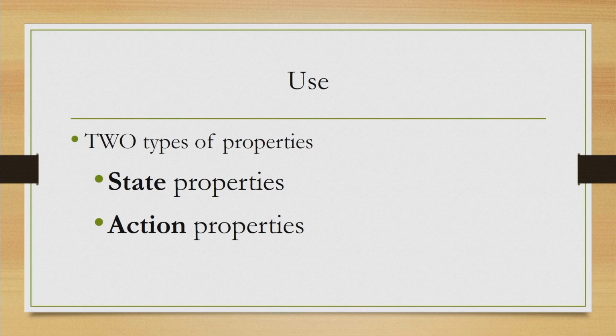Now, these properties we can broadly classify into two categories. A set of properties belongs to the state properties, properties of the states of the system, and another set of properties can belong to the action properties. Let us try to understand these two concepts with another more detailed example with more number of states than the one we have seen earlier.